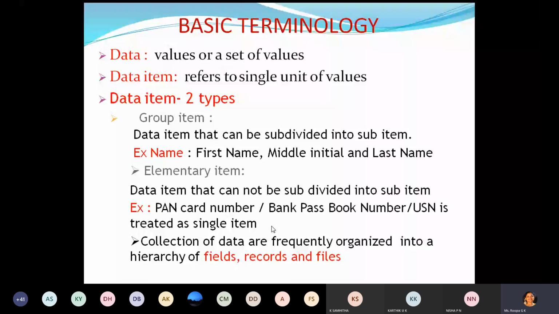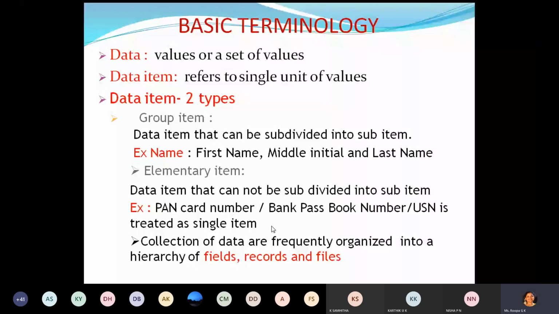Got it now? A record is a collection of fields, and a file means a collection of records. Field is the very simple one. Then record means collection of fields for a number of students or something else, and then file is nothing but a collection of records.